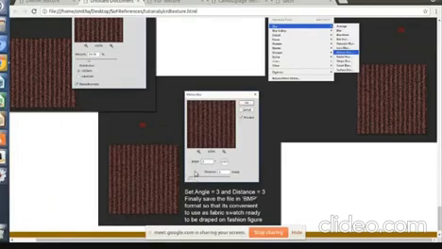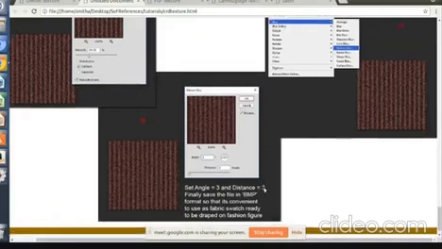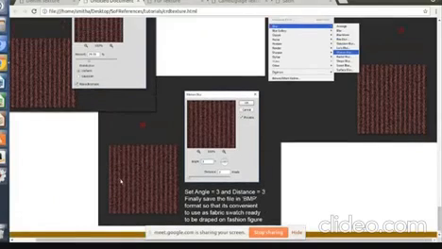The distance determines how long your hairy appearance is. You can have short hairs or long hairs. Because it's not a fur texture, right? It's a corduroy, so you need not make it long and hairy. So distance, you keep it just 3 and click on OK. Finally you'll get this appearance. So your corduroy texture is ready now.